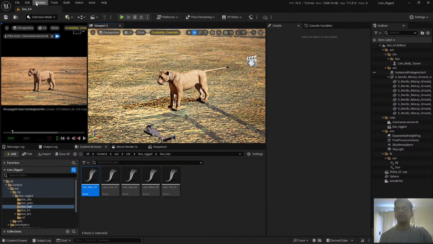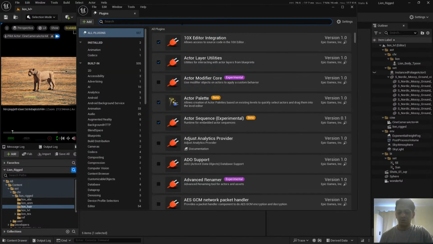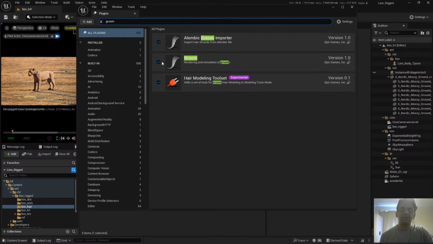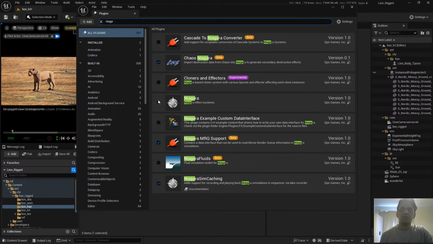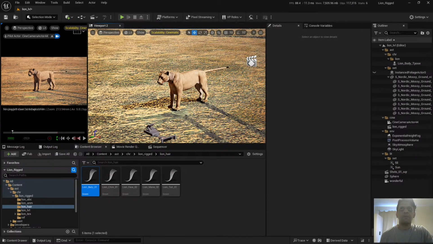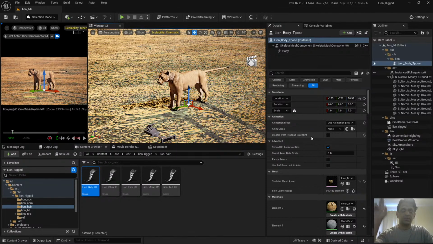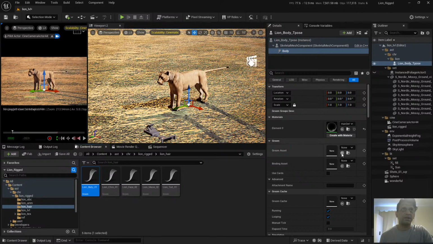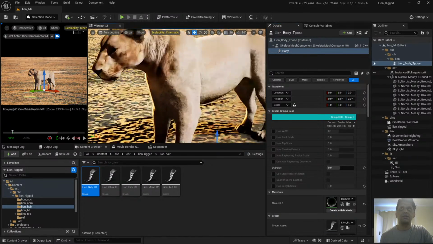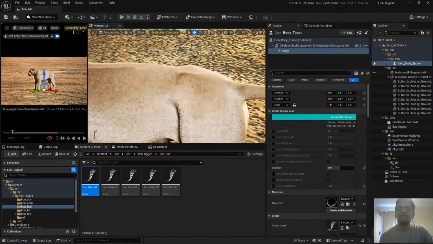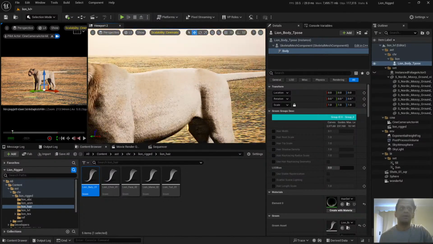and to make this work you need to go to plugins and switch on groom. These need to be switched on, groom and Niagara particles. These two need to be switched on. Also there are a few more things I will explain in render settings. So this body goes in here. As soon as I do that, you see the hair is attached now to our character, but the shader is not